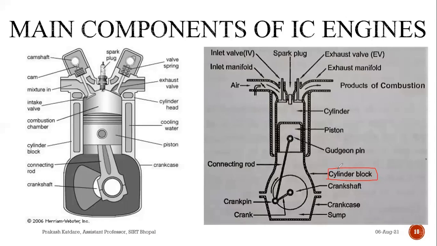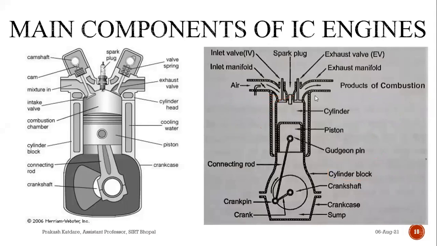In case of multi-cylinder engine, the different cylinders are cast into a single unit. Like if we are using a multi-cylinder engine, suppose I am using a V-shape engine, that is, the number of cylinders is more than one. Suppose it is V4, V8. It doesn't mean that for every cylinder I am using two different units. What it is saying is, if it is a multi-cylinder engine, we are casting it as a single unit. We will cast it in 3D and it will be working as a single unit. And this single unit is known as our cylinder block.